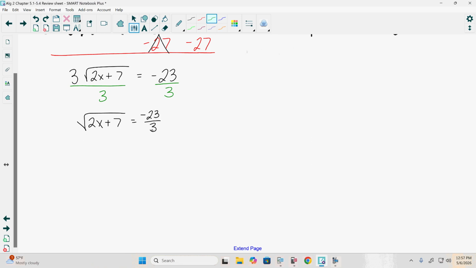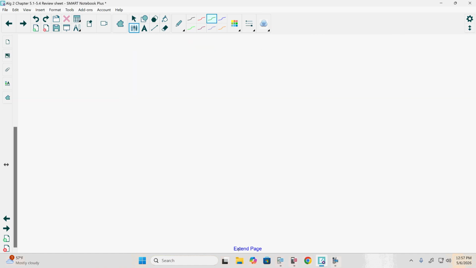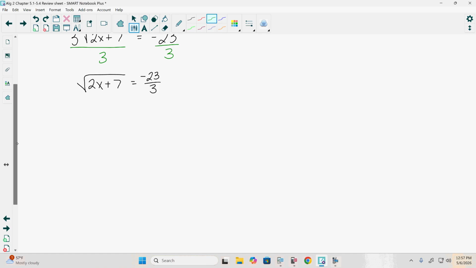Well, negative 23 does not divide by 3 evenly, so we're going to leave it as a fraction. Is the radical by itself? Yes. And we still have an even root equal to a negative number, so this isn't going to work. There's no way to take a square root and get a negative number. So this is going to be